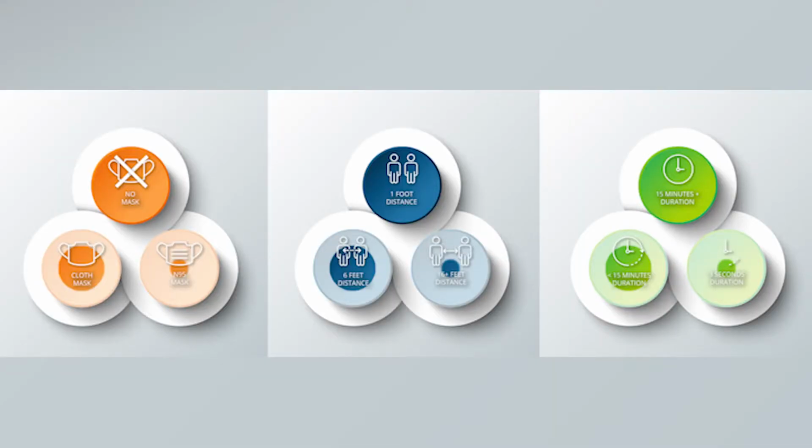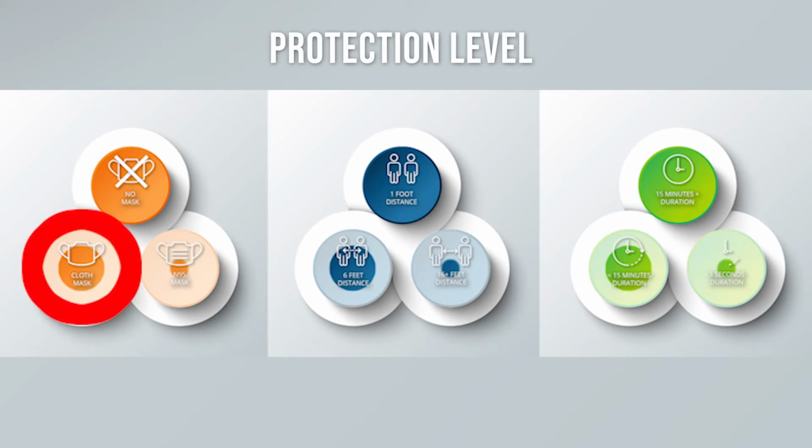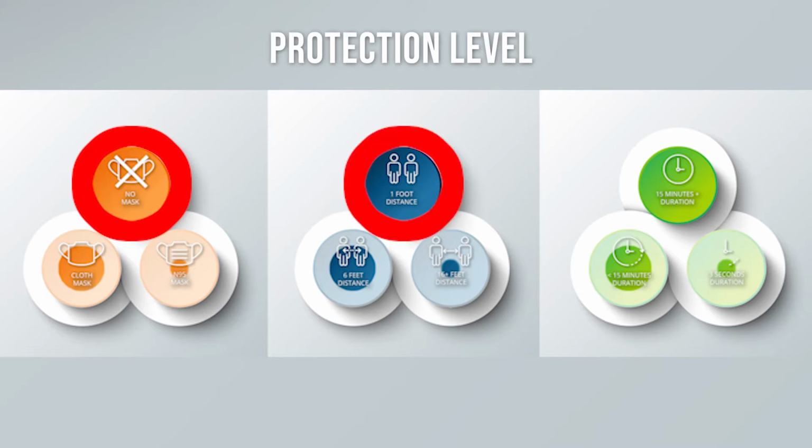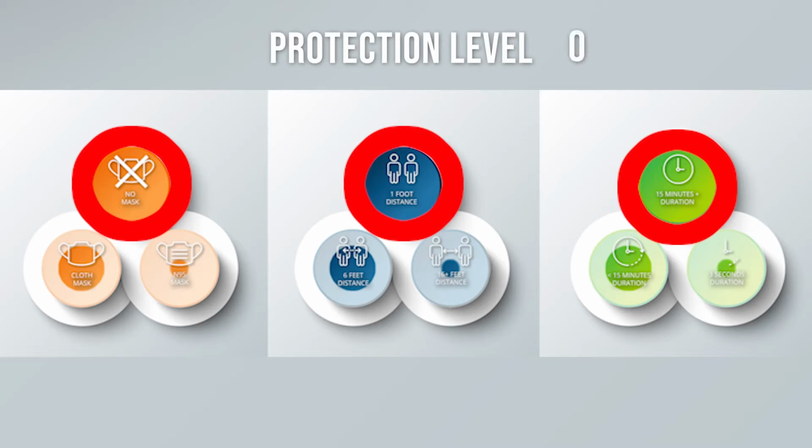We're going to give our baseline combination a name, protection level. Our baseline combination of cloth mask, 6 feet, and duration of less than 15 minutes, we'll call that protection level 1. No mask, close proximity, longer than 15 minutes, we'll call this protection level 0. Now we have a scale. We'll try to reference numbers again from this point, as the virus is based on transmittability and aggression of mutant variants or potential future viruses that exhibit similar behavior.